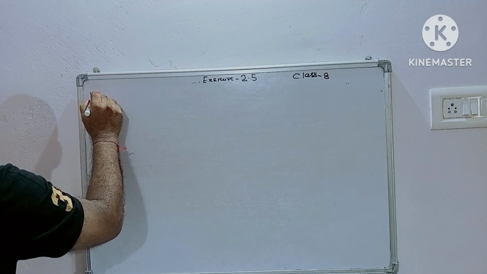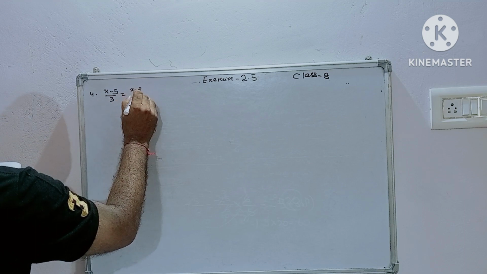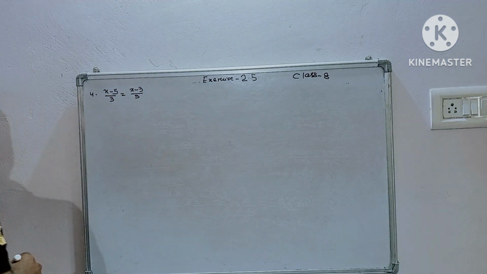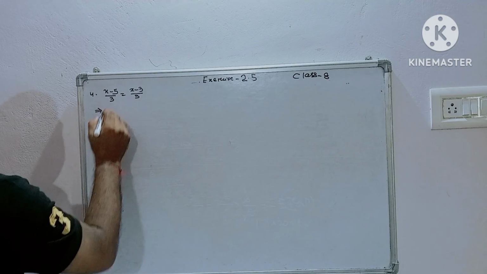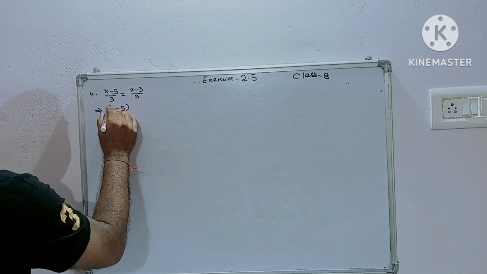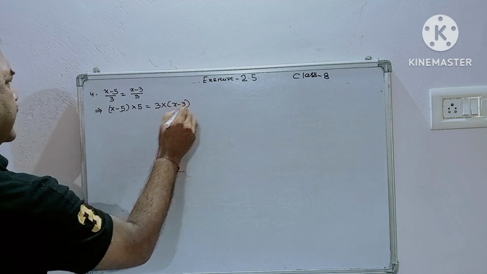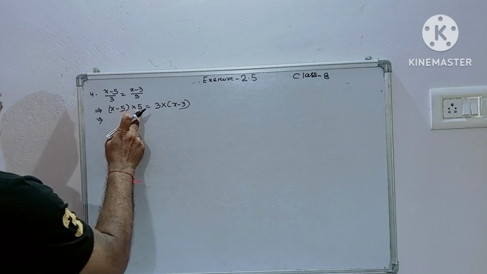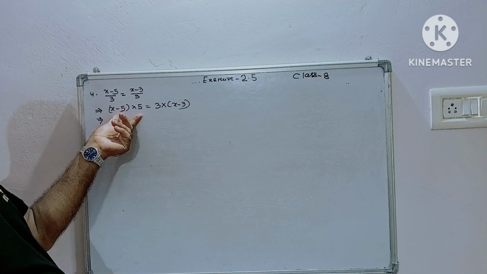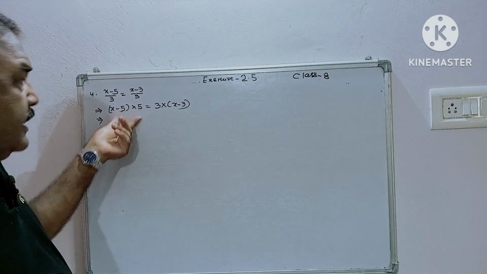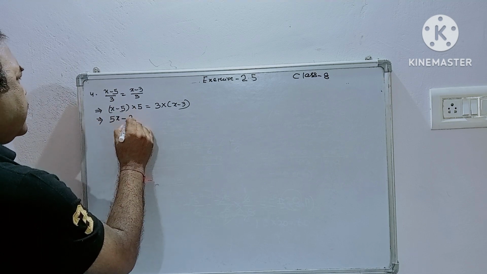Question number 4. (x minus 5) upon 3 is equal to (x minus 3) upon 5. That implies (x minus 5) into 5 is equal to 3 into (x minus 3). You multiply a whole into (b minus c). This is the distributive property of multiplication over subtraction. So you multiply 5 into x, that is 5x, minus 5 into 5, that is 25, that is equal